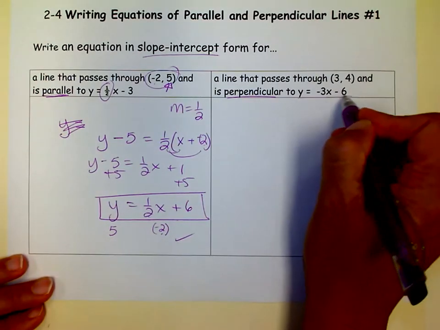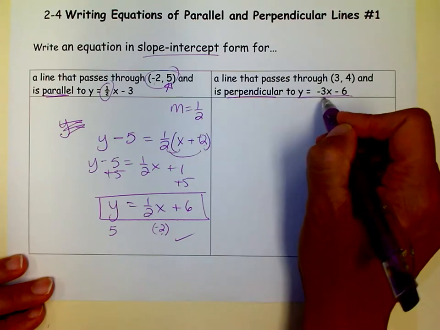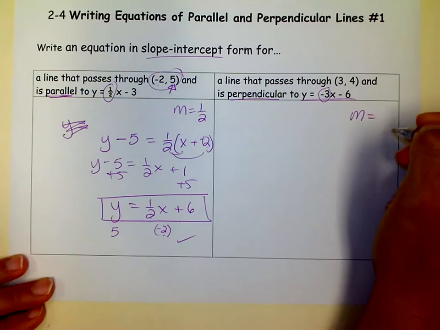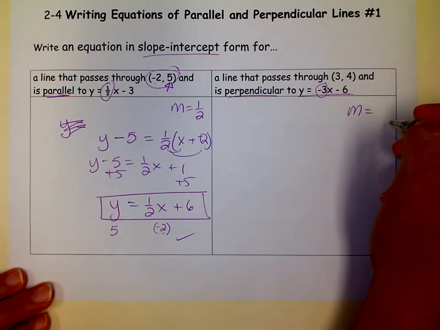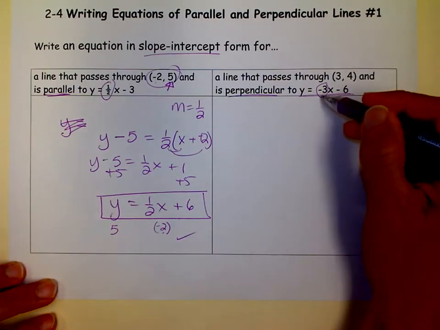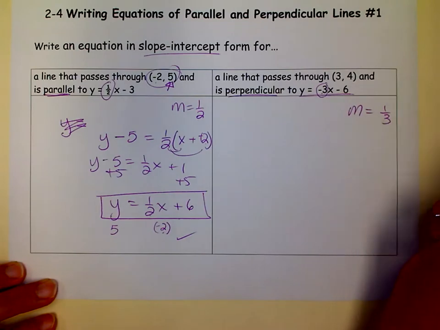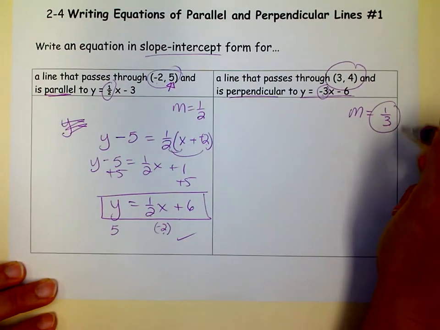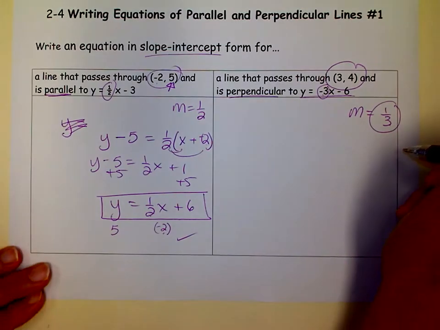They give us this equation and tell us it's perpendicular. Well, if the slope here is -3, to find the slope of our line, we have to find the negative reciprocal. Well, reciprocal means flip. So if you flip 3, you get 1/3, and negative reciprocal means the opposite. So if this is negative, then we know our slope is positive. So now we have our point and our slope, and we're going to use point-slope form